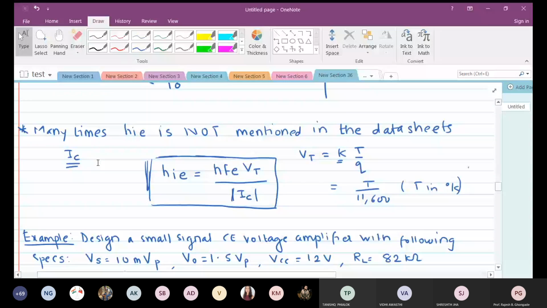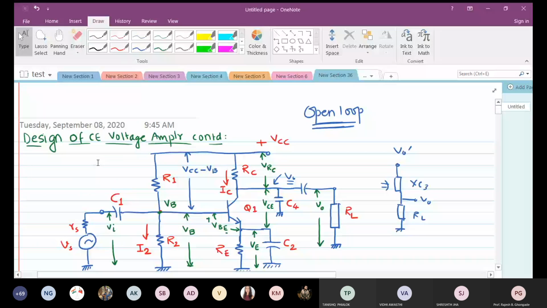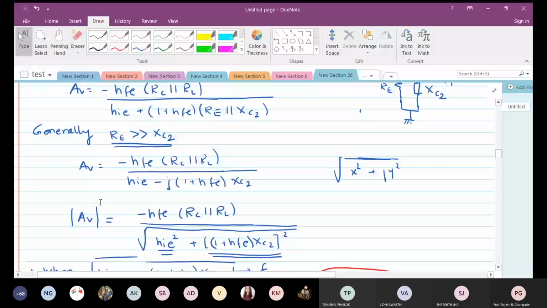So we have completed the design of the common emitter voltage amplifier today. We have seen the selection of components. Of course, these components are, again, as I said, the calculated values. They are not the ones which are available as standard values. You have to convert them into standard values and again work out, analyze the circuit. But then it's fine. At least you are in a position to. So just try to do one thing in Multisim. Simulate the circuit that we have designed. Okay, that will be a good task for all of you.